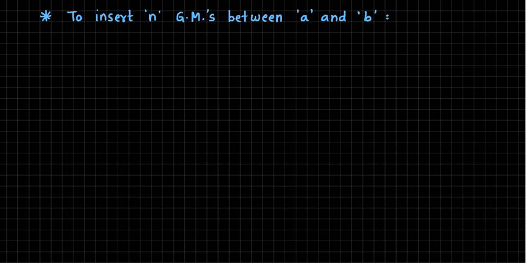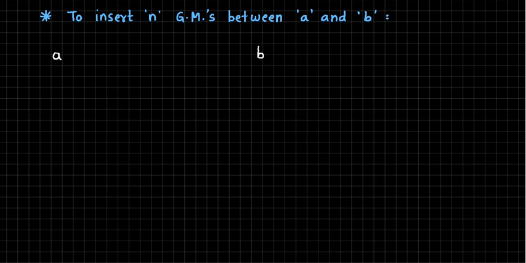Now let us see how to insert n geometric means between two given numbers a and b. This is analogous to what we have seen in case of arithmetic means. So let us here also take the simplest example and then develop the formula. Let's consider that two given numbers are a and b, and we have to insert a single geometric mean, which